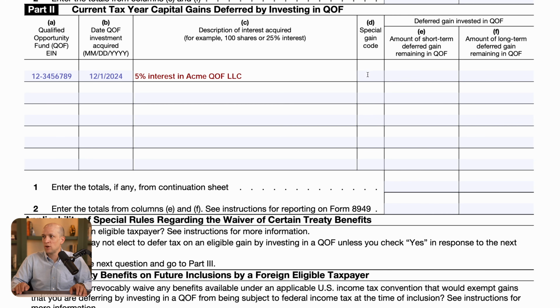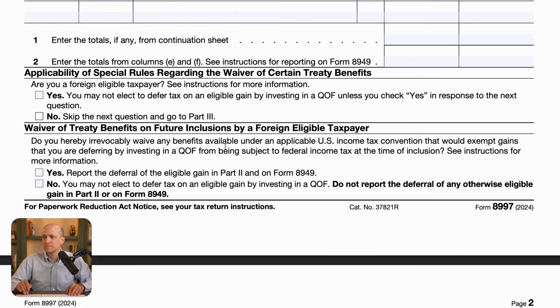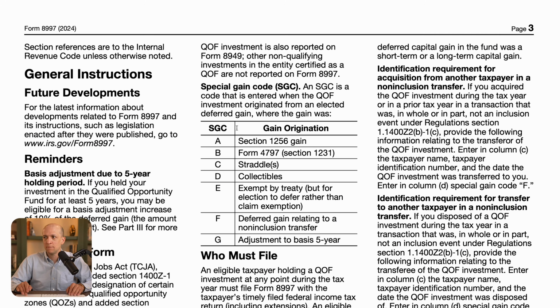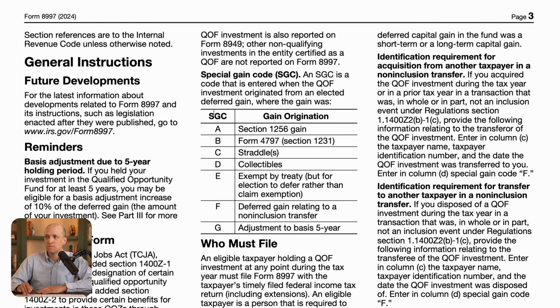Now for special gain code, we're going to leave this blank. Although when we do a Form 8797 Section 1231 gain, we're going to use that special gain code. But typically, just for a pretty straightforward 8949 fill out, you're going to leave this special gain code blank here. There are instructions later on in this form that describe what type of gain qualifies to use a special gain